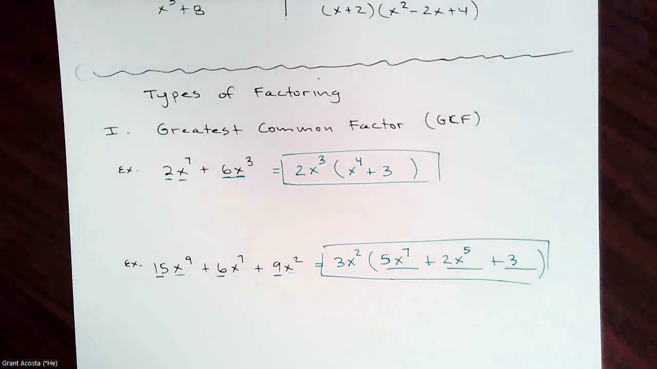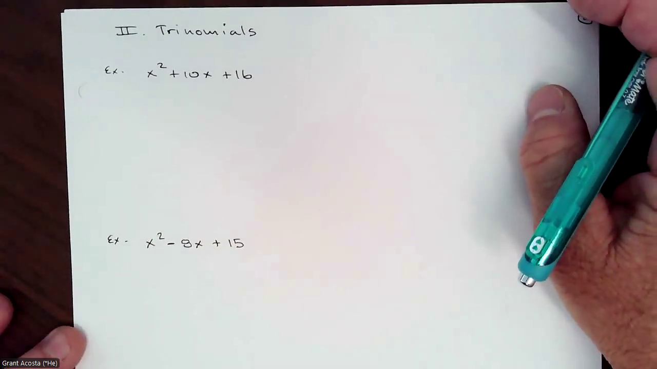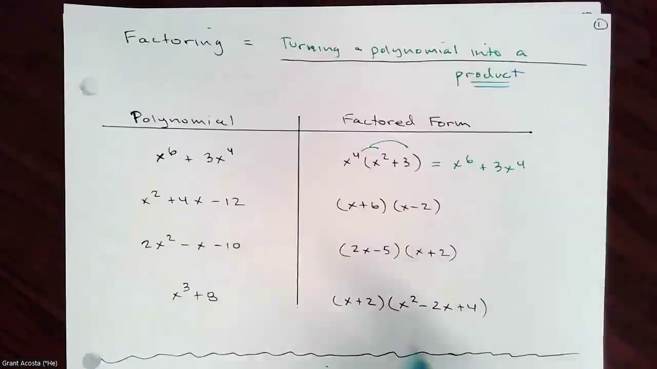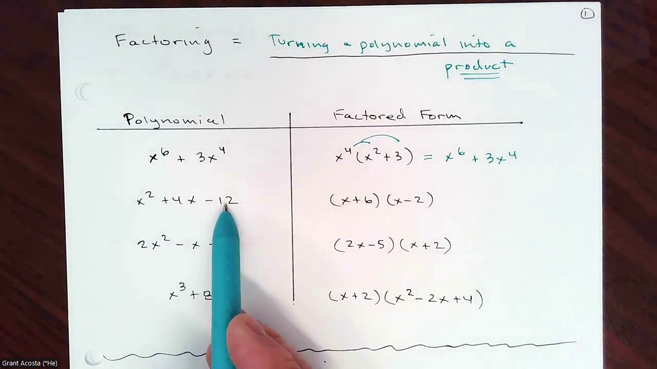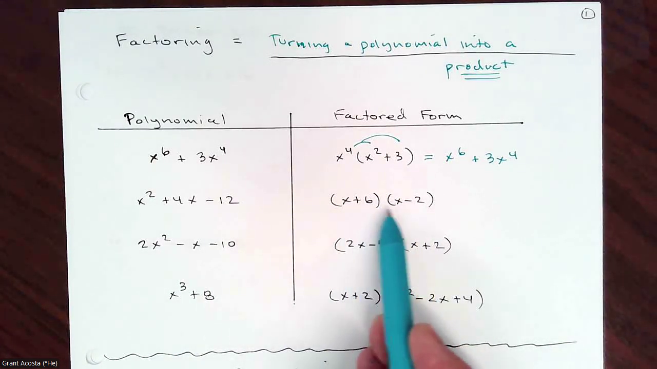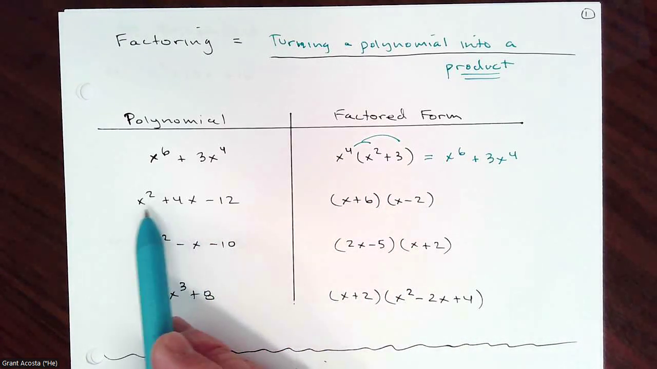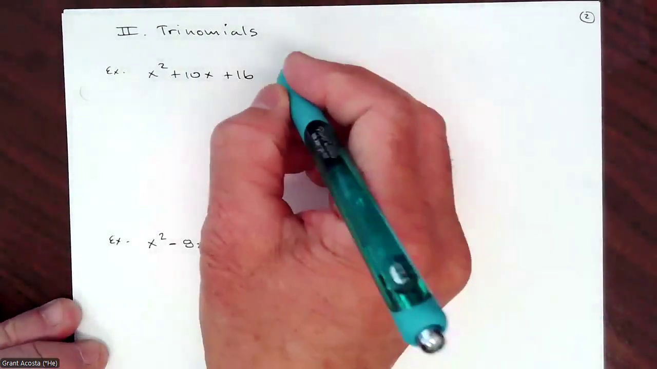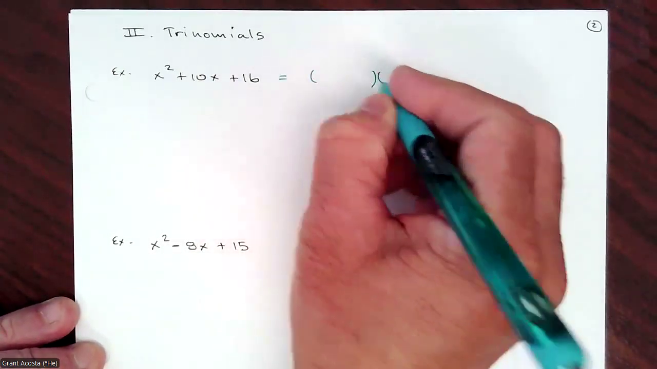So that's pulling out the greatest common factor. And then we can look at trinomials. And this type of factoring is maybe the one you're most familiar with. Back on that first page, this is kind of that idea that x squared plus 4x minus 12 factored into x plus 6 times x minus 2, which were two binomials. And so anytime you have a trinomial that's a quadratic, if it factors, we would think that it's probably going to be just two binomials